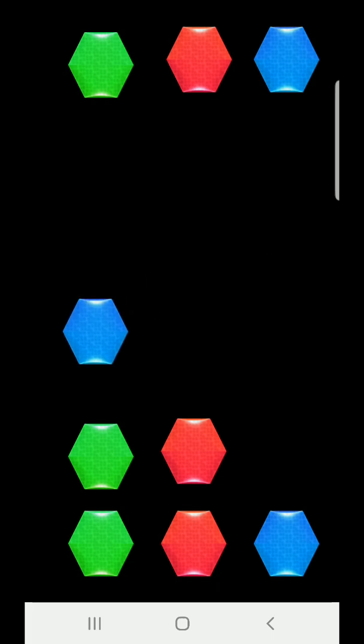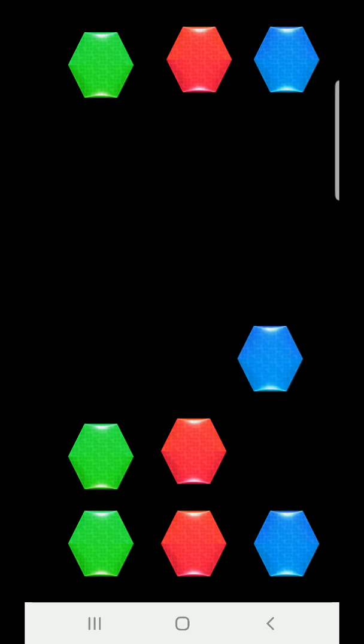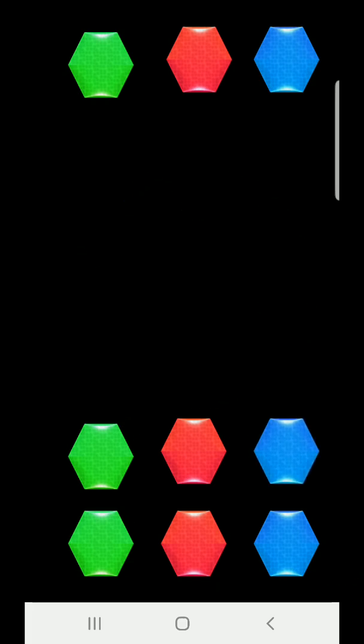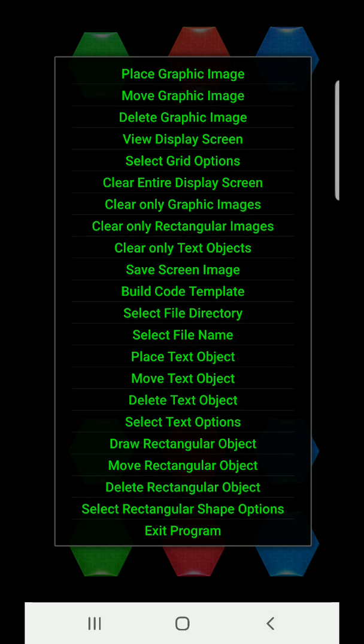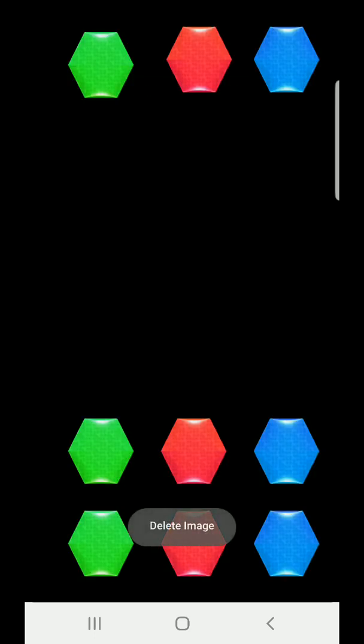Set the text angle of rotation from 0 to 360 degrees. Set the text fill where a value of 0 selects outlined text characters and a value of 1 selects solid text characters. Set the text color value to one of the following colors: black, white, red, green, blue, yellow, light blue, purple. The draw rectangular object function allows you to place a rectangular shape on the display screen one or